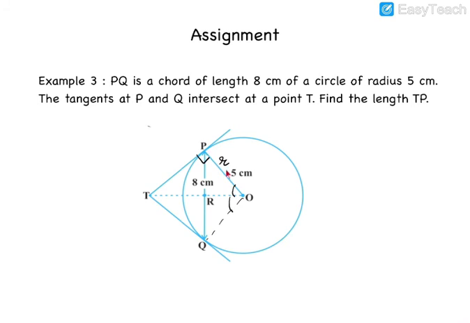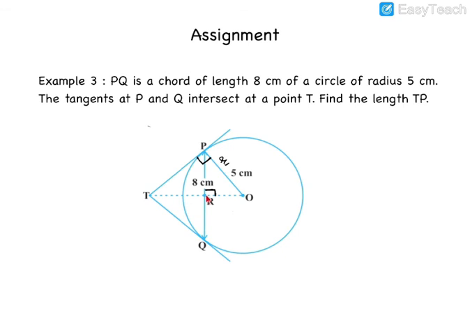Then you can show triangle POR congruent to triangle QOR. That will be by SAS. And therefore, we can say that these two angles are equal because they are corresponding angles of congruent triangles. But each is going to be 90 degrees because PQ is a straight line. So now we have shown TO is perpendicular to PQ. So all these steps are for showing that TO is perpendicular to PQ.